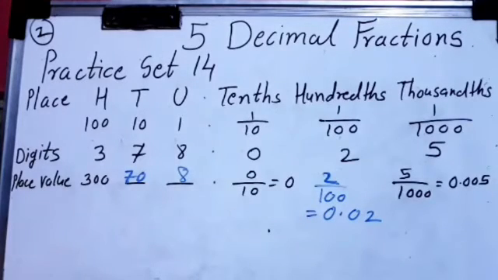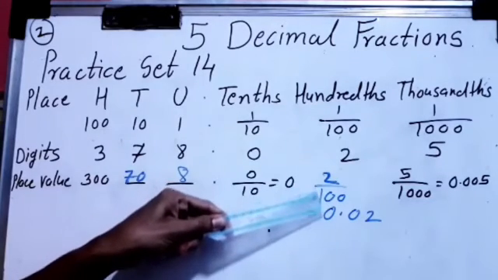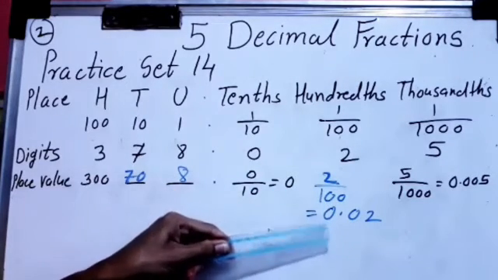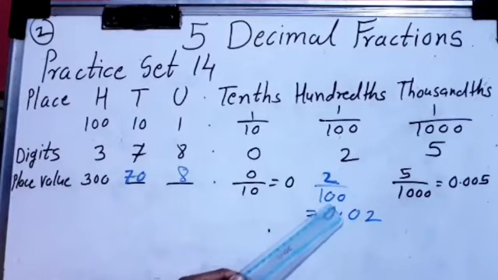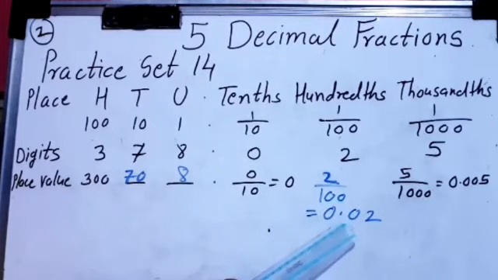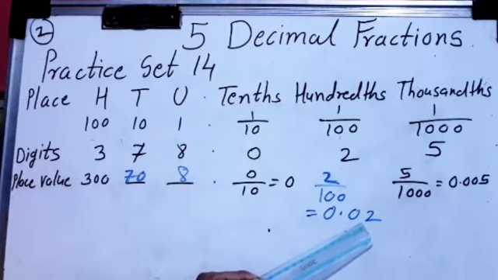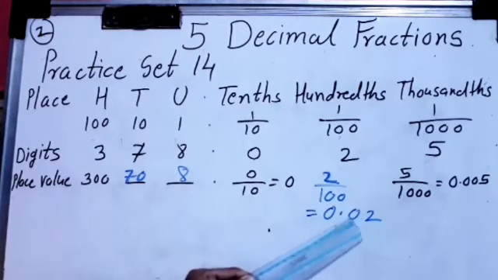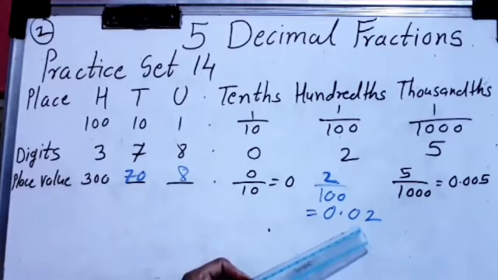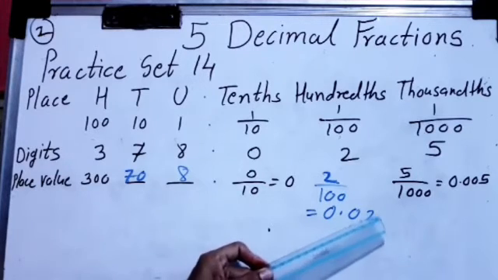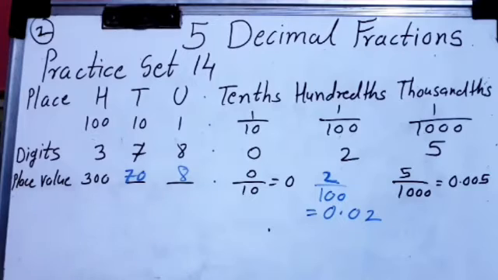See, when we write numerator and denominator form in decimal form, what do we have to remember? You have to count the zeros on the 1, and here 2 zeros are there. That many digits must be there after the decimal point. So after the decimal point 2 digits should be there. But now only one single digit is present in the numerator. So I have to put a 0 here before 2, not after the 2 but before the 2. We put as many zeros as we need digits, then the decimal point, and before that we can put 0. So 2 upon 100 means 0.02.